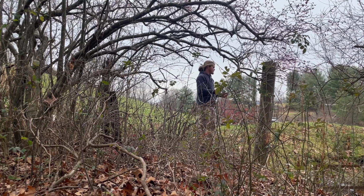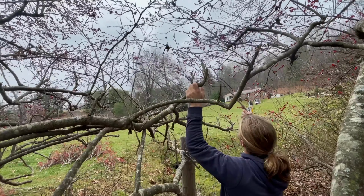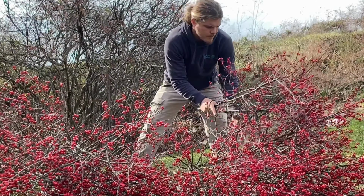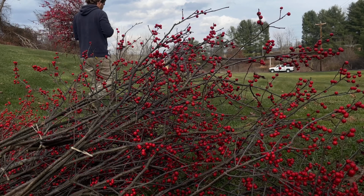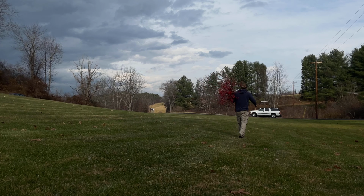The longer you can get these stems, the better off you'll be, the easier it is to sell. Even when you go to a retail shop. Sometimes they want a little bit smaller, and that's okay, you can cut, but you can't add. So altogether, I had cut 25. One bush, one stop,